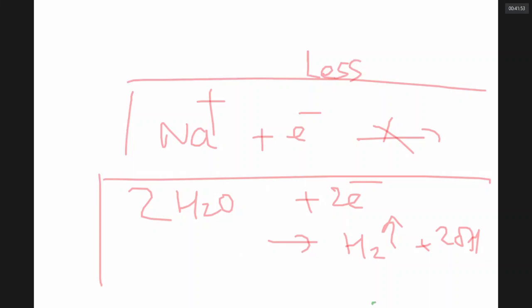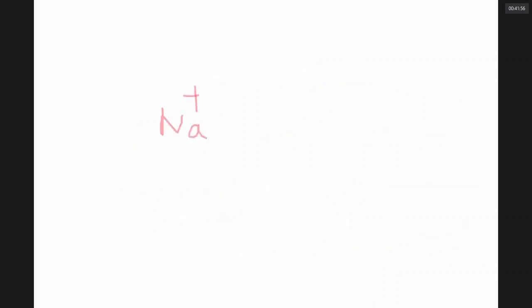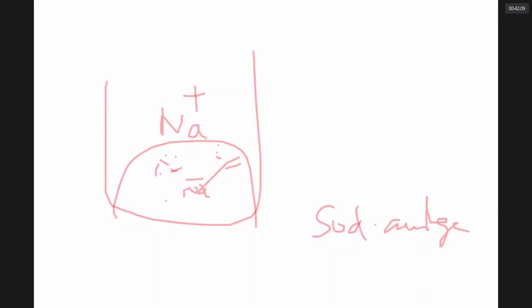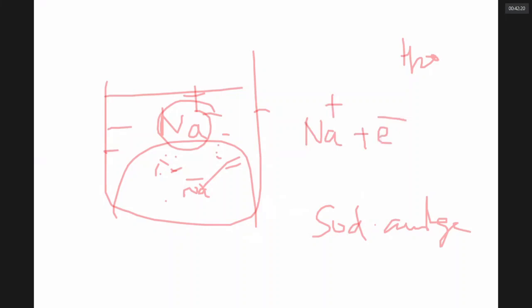But now I put the sodium ions in mercury. If the solution has mercury, mercury is like Allah. Mercury has the ability to dissolve sodium to give sodium amalgam. And mercury is more powerful than water to gain electrons. Therefore, when Na plus ions are there along with mercury, sodium gets the ability to gain electrons to become sodium metal and then dissolves in mercury to give sodium amalgam.